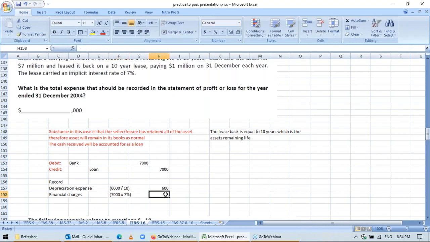So one of the amounts that will be recognized on the asset, depreciation expense, will go to the profit and loss, and the second amount that will go to profit and loss will be the financial charge against this lease. So this is in thousands, and the total amount is